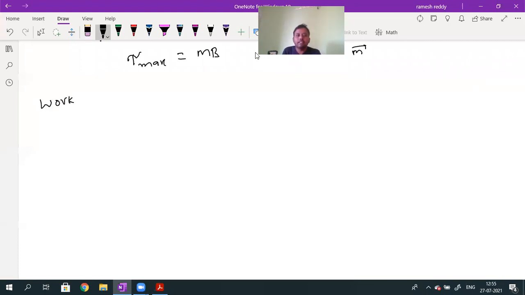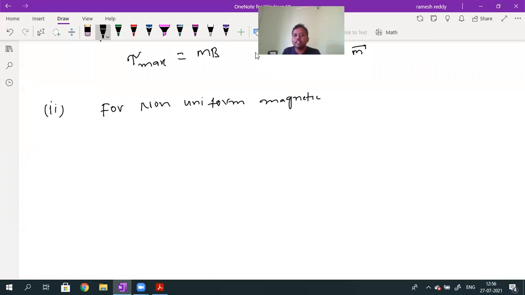Work done. What is the expression for work done for rotating a bar magnet? A bar magnet has to rotate in an external uniform magnetic field. And one more important point before discussing this: the bar magnet can be placed in a uniform magnetic field or a non-uniform magnetic field. Whenever a bar magnet is placed in a non-uniform magnetic field,